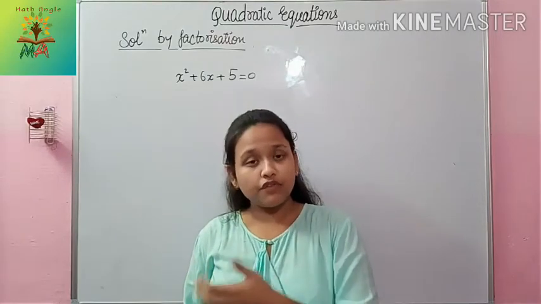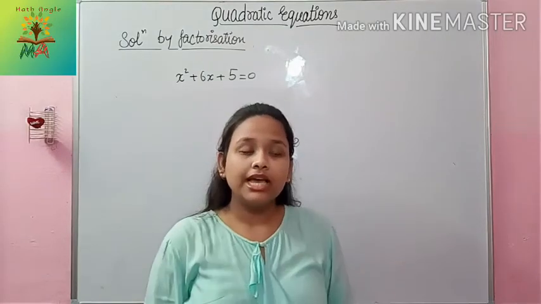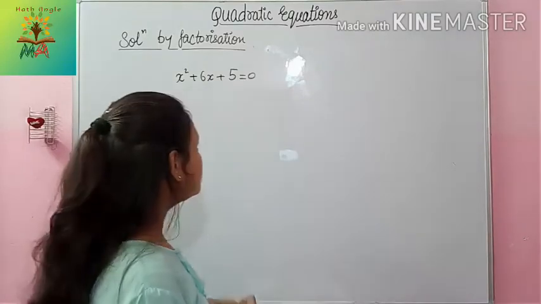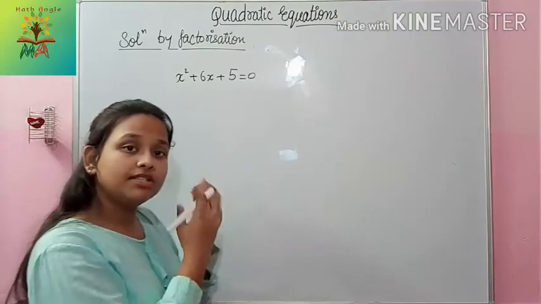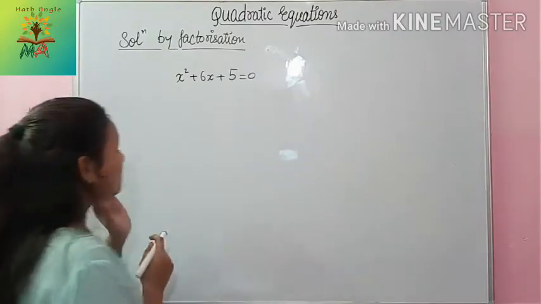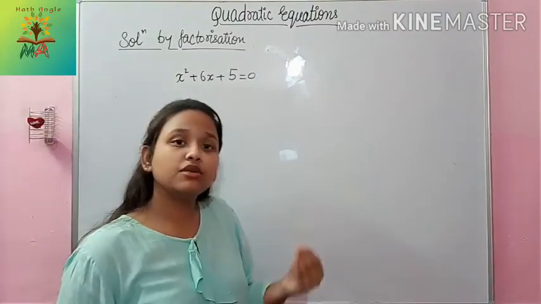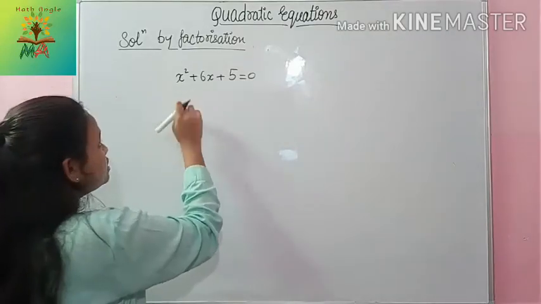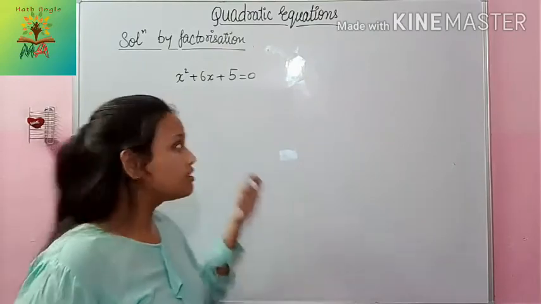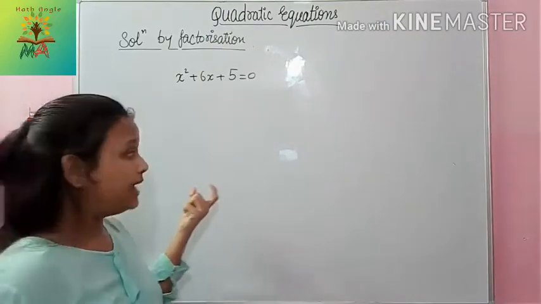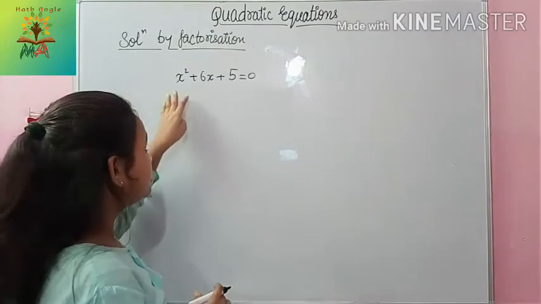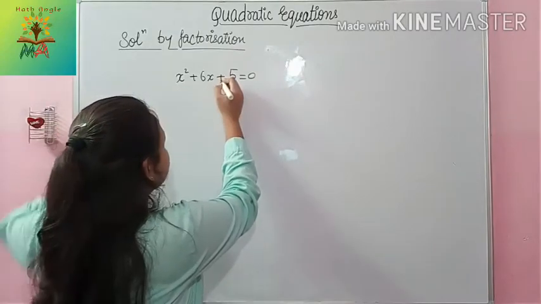So what is the solution of a quadratic equation or any equation? It is the roots or the zeros of that equation or polynomial. So the roots or zeros of this quadratic equation will be the solution of this equation. Basically our aim is to find the zeros of this equation. As we have studied the splitting the middle term method, which is called the factorization method, we will apply that here. As I have discussed earlier, just have a look once.